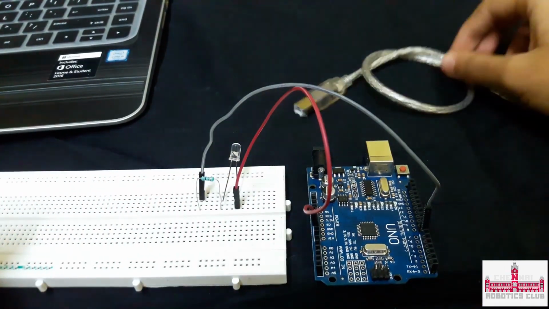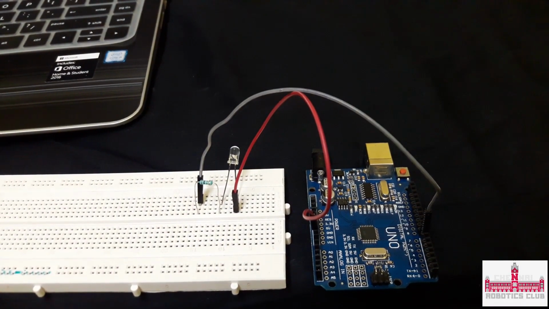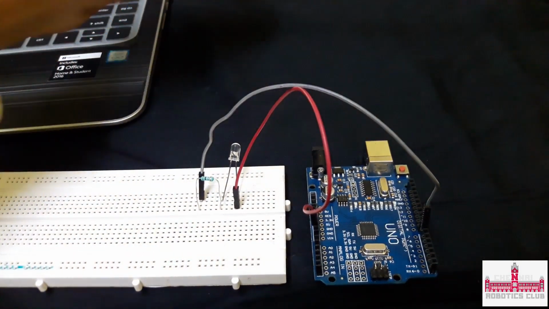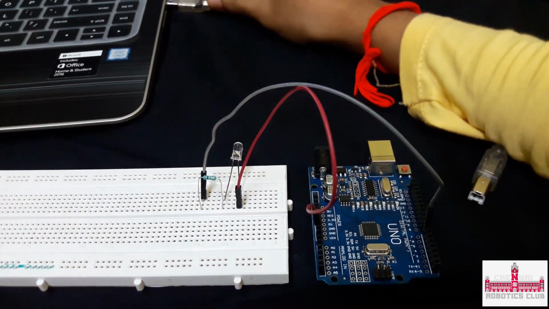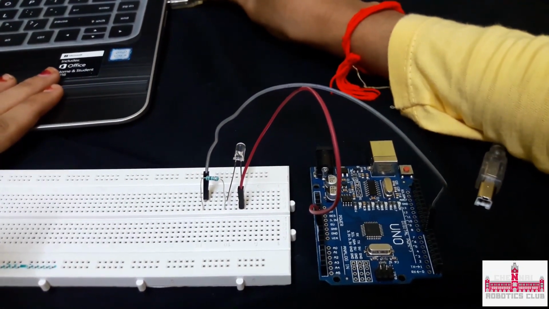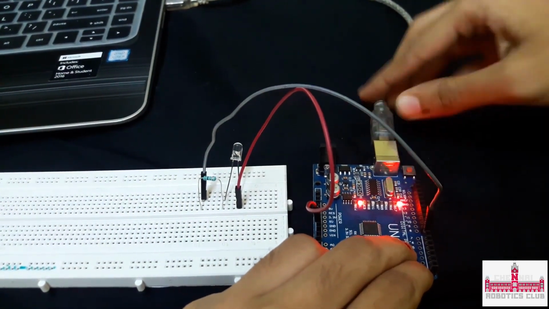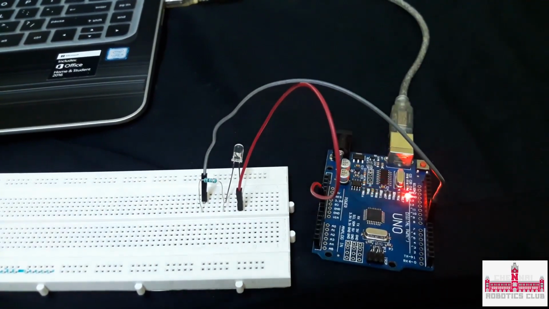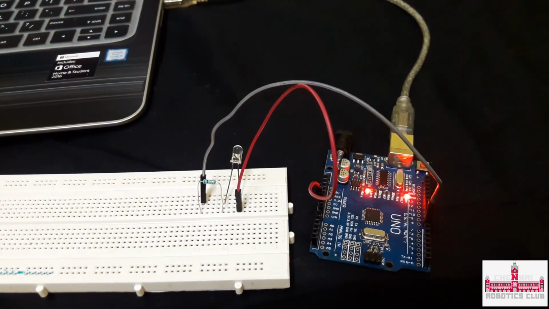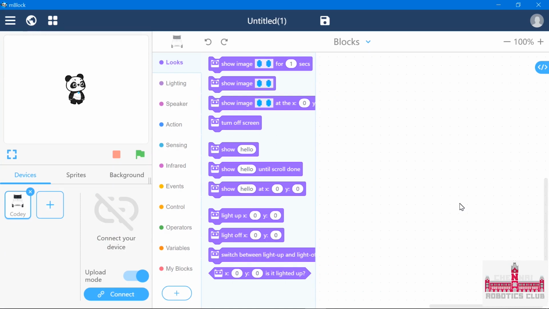And now connect the USB cable between the Arduino and your laptop. Open the mBlock application on your laptop. As you can see, this is the mBlock application. This is where we code